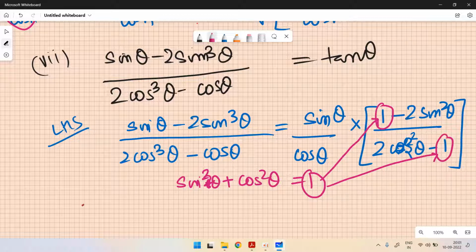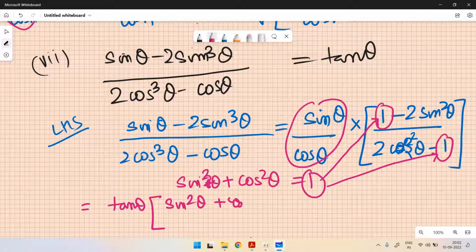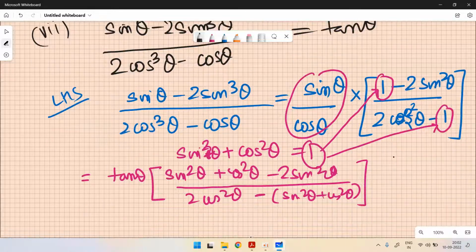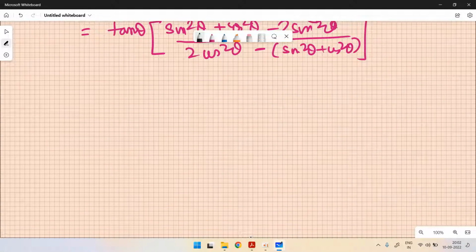So my internal expression, sine theta by cos theta, you already know this is tan theta. So tan theta is outside the bracket, and I can write that this is sine square theta plus cos square theta minus 2 sine square theta by 2 cos square theta minus, of this, will be sine square theta plus cos square theta. If you rewrite this expression, it will be nothing but tan of theta, and sine